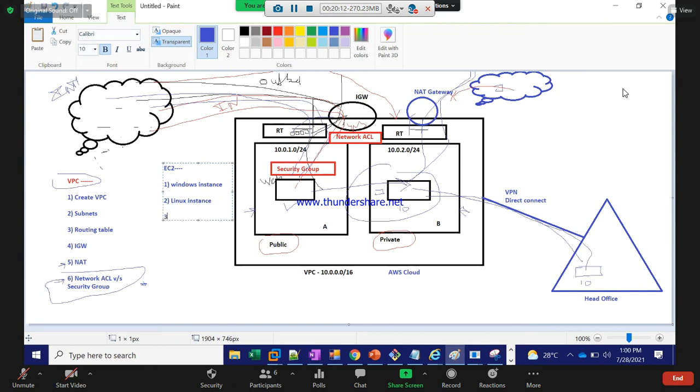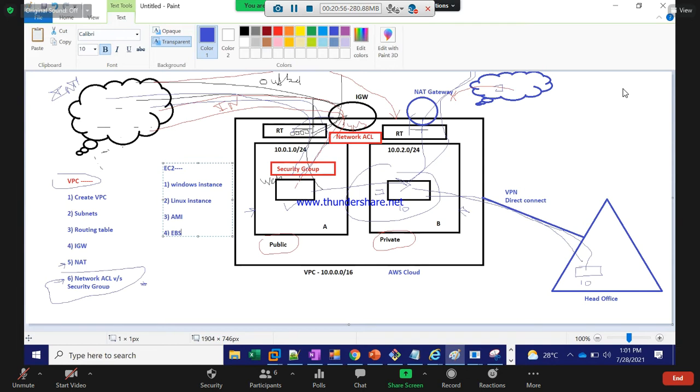Next, we have seen AMI. What is AMI? Amazon Machine Image. Amazon provides the instance, you pick the image and put it into that instance, so the machine gets ready. So we have seen the AMIs. Then, when we build a server, it requires EBS. EBS is nothing but the hard drives, C drive, D drive. In your laptop, in your computer, you will have a C drive, D drive. So a hard disk will be there.